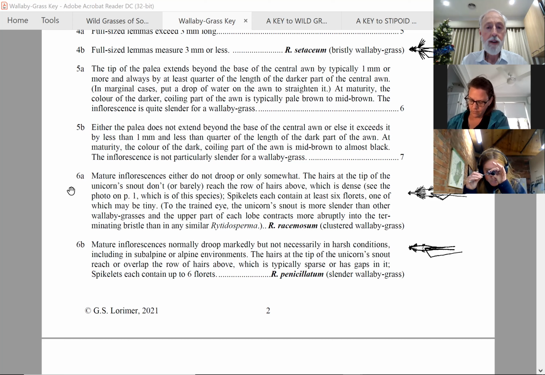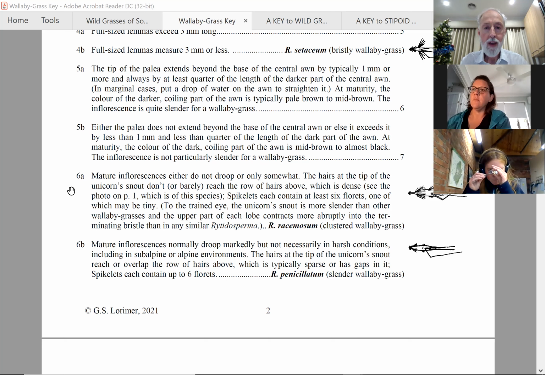So I'm going to give that a tick as well. Then in parentheses, I've said to the trained eye, the unicorn snout is more slender than other wallaby grasses, and the upper part of each lobe contracts more abruptly into the terminating bristle than any similar Rytidosperma. So they're things that you get your eye in for over a